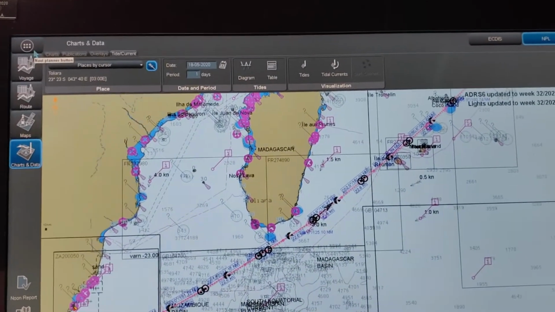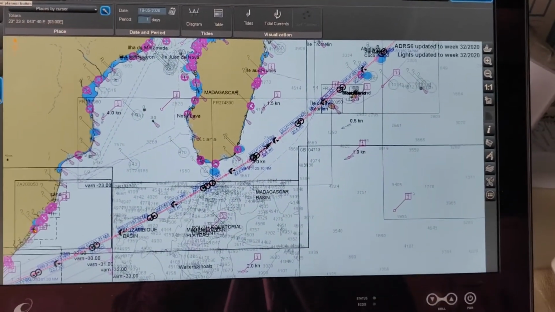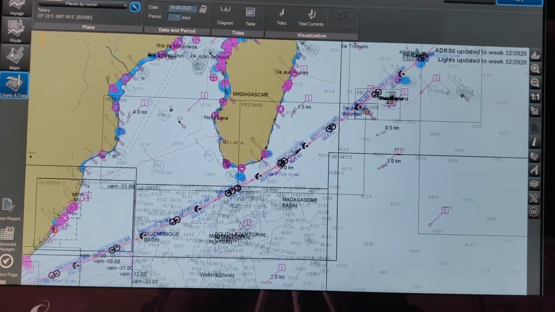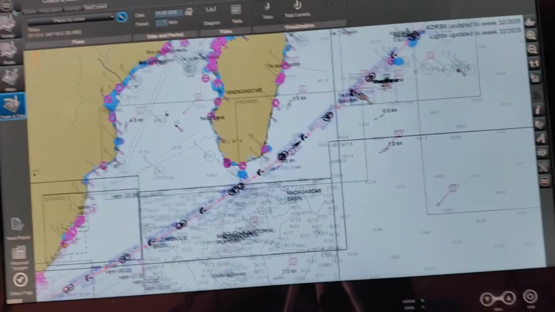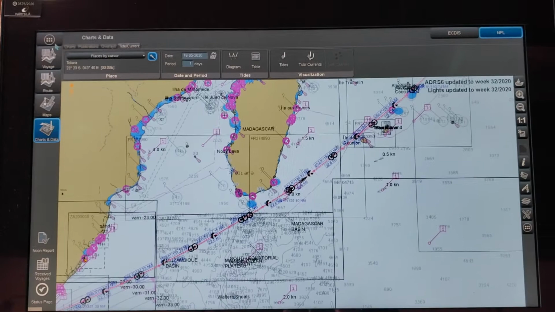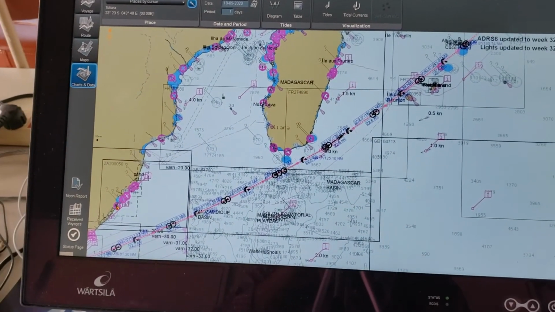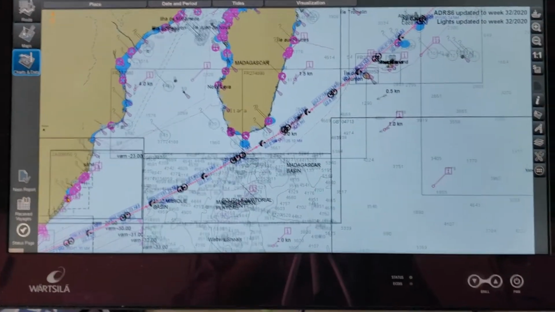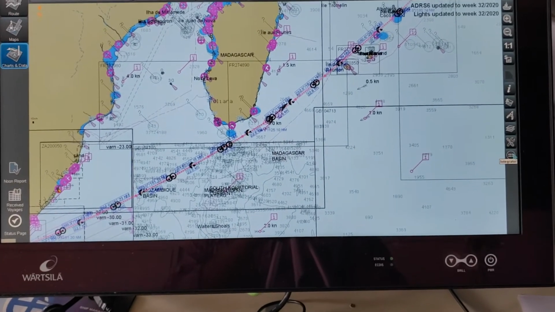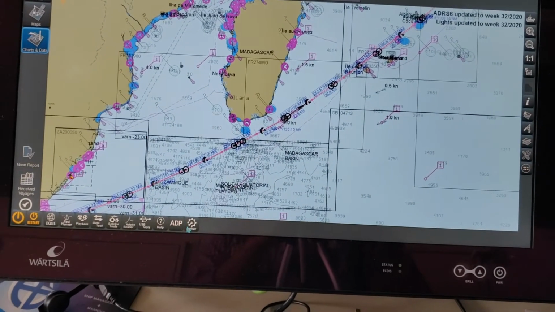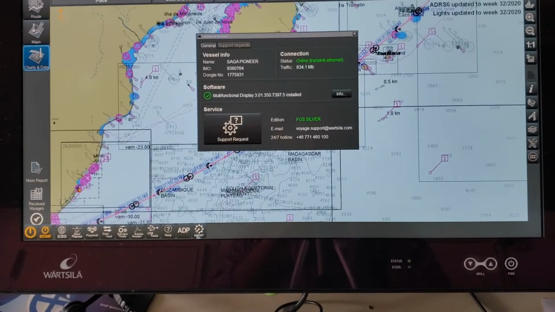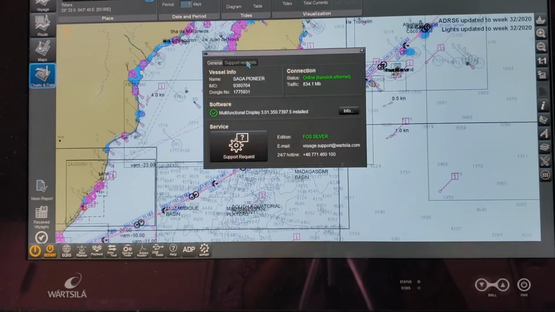So now this is how you go about ordering charts and everything. I've just explained most of the things. Let me know if you have any questions regarding support. Yeah, good, I got reminded. So basically, go to this option over here, integral menu, support. Select this support, and then support request.